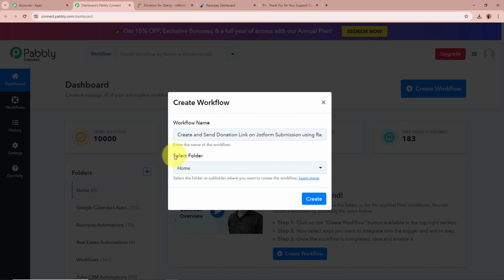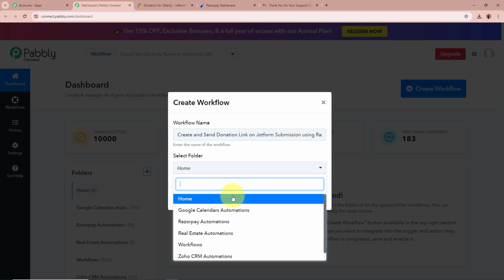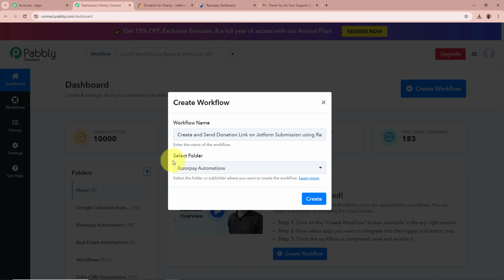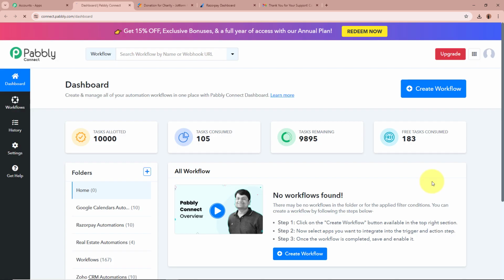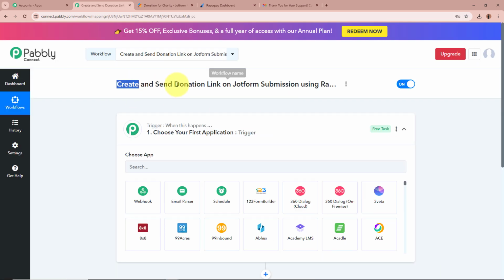Okay. Next over here, it is asking for us to select a folder. On the left side of my screen, you can see I've created multiple folders in my Pabbly Connect account, from which I'm going to select a specific folder in which I want to save this workflow in. For that, click on this drop down arrow, and as soon as you're going to do that, these are the folders from which I'm going to select Razorpay Automations as the folder I want to save this workflow in. After giving a name to our workflow and selecting the folder, let's click on Create in order to create a workflow. A workflow is created in the name of Create and Send Donation Link on Jotform Submissions using Razorpay, and